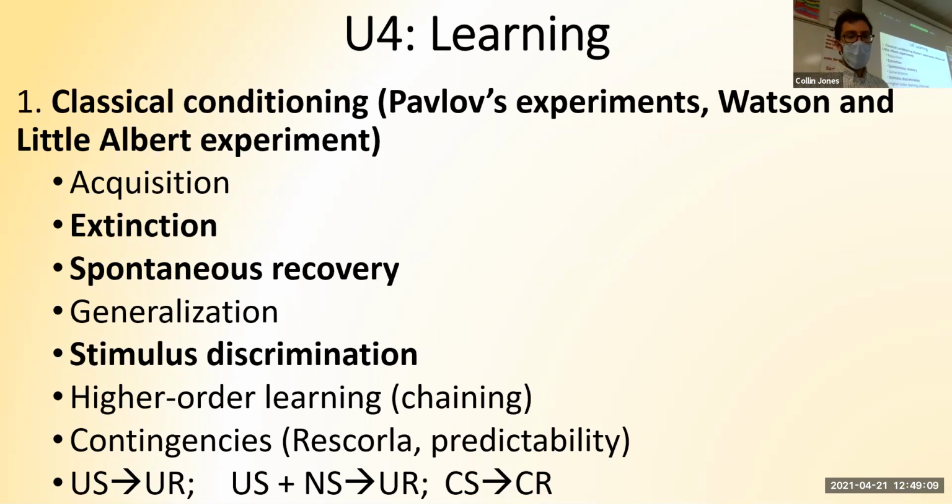When you generalize, when you react to anything that's even kind of similar to the thing that you were trained to react to. Chaining is when you learn that several things mean other things are going to happen. You learn that the light means the bell means the food. Or you learn that putting on your socks means you're going to put on your shoes, which means you're going to put the leash on your dog, which means your dog's going to get to go for a walk. That's when your dog learns chaining. This leads to that, which leads to this, which leads to that. It's also called higher order learning.